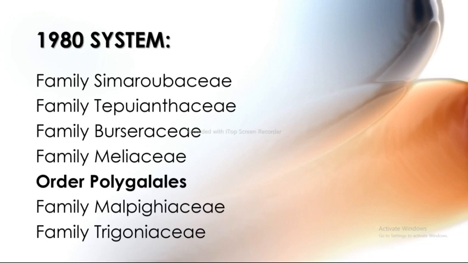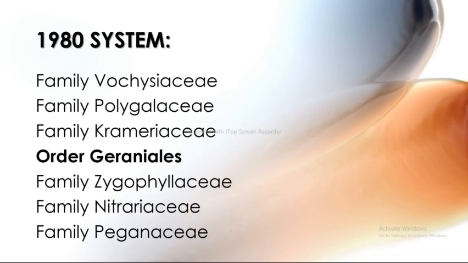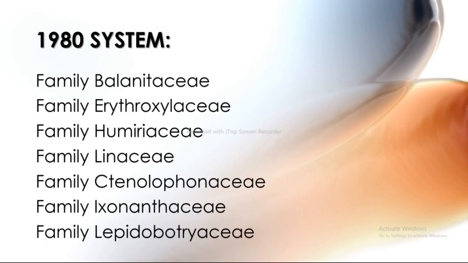It includes the family Malpighiaceae and Ochnaceae and Trigoniaceae. So the next is Vochysiaceae, Polygalaceae, and the next is the Krameriaceae. Next order is the Geraniales. It includes the family Zygophyllaceae and the Nitrariaceae and Peganaceae. Next is the Balanitaceae,